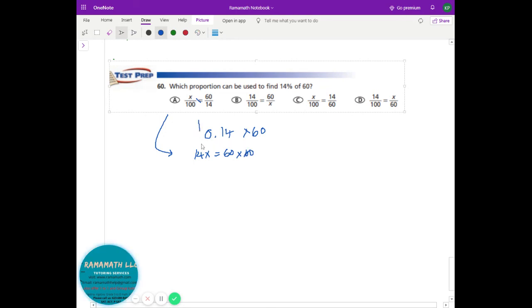But that doesn't match with this. So this is not it. You see how we are eliminating them? So the last one, if you cross multiply it, it's 14 times 60, which is x times 100. But if you divide it by 100 on both sides,